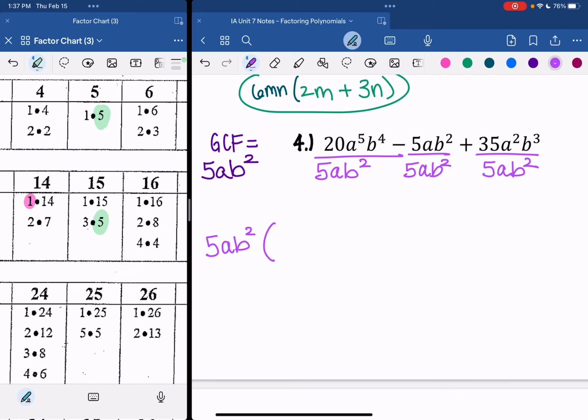20 divided by 5 is 4. A to the 5th divided by a is an a to the 4th. B to the 4th divided by b squared is b squared. Now here,